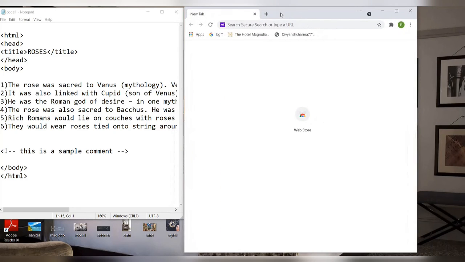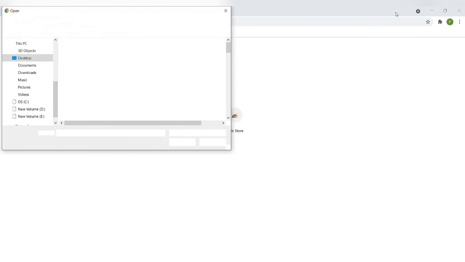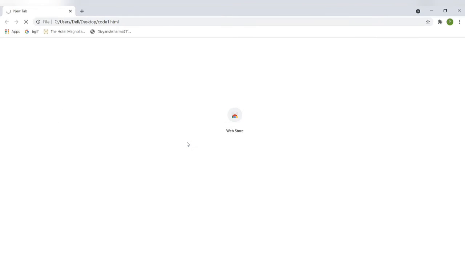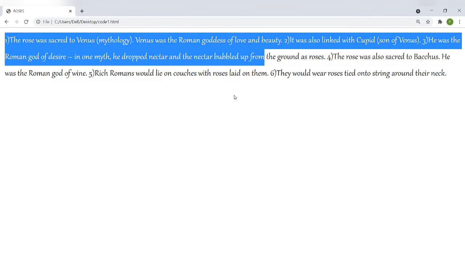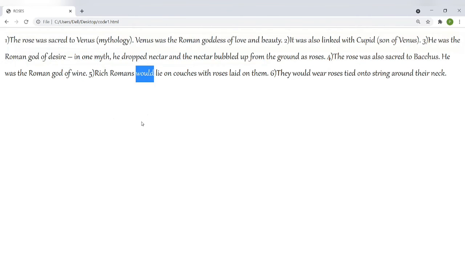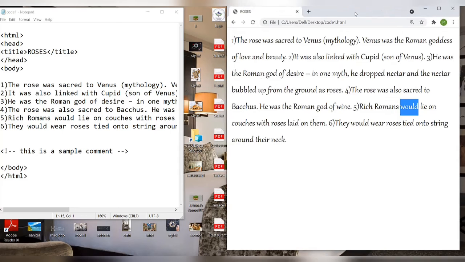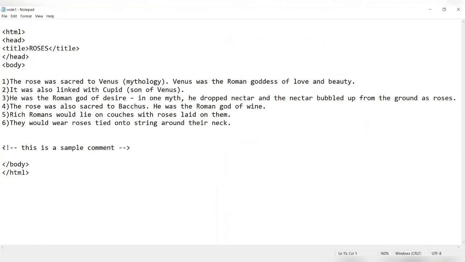Okay, so this is my browser window. Just press Ctrl plus O and type in what you want to open. Opening the file. Yeah, see, so all of this is what I wrote under the body section, and as you can see, whatsoever I wrote in the comment part, like this is a sample comment, is ignored by